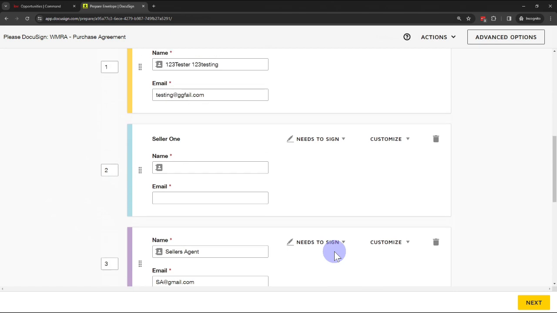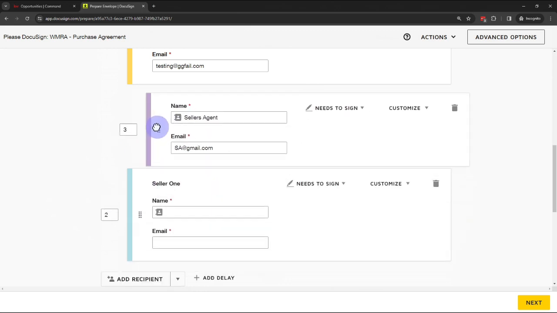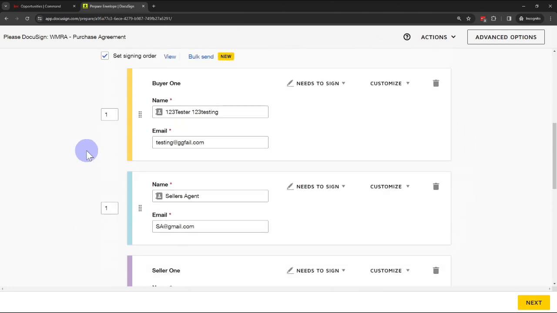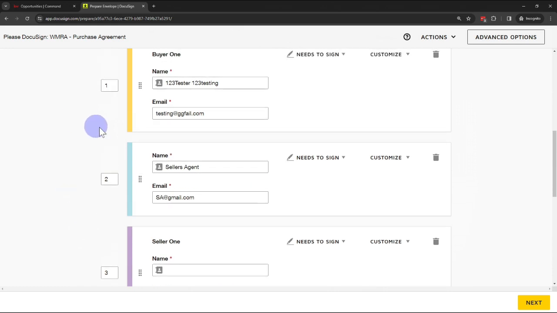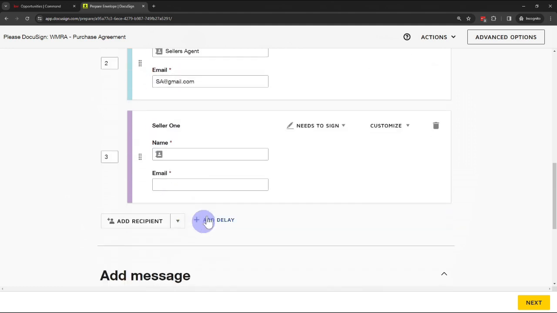And now what we need to do is adjust this order and adjust what they need to do here. So I want them to be in position number 2. I'm going to change this number to 2 right there, and then change this number to 3. Oh, actually, I apologize, it bounced around on me. This to 2, and this one to 3. There we go. So we have my client first, we have the seller's agent second, and then we have the